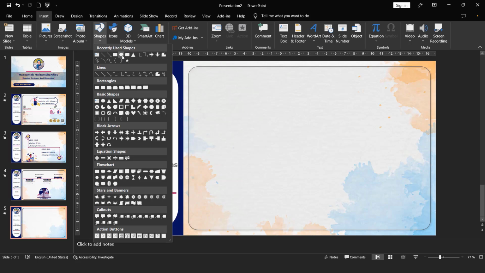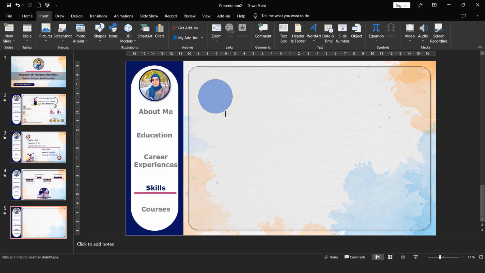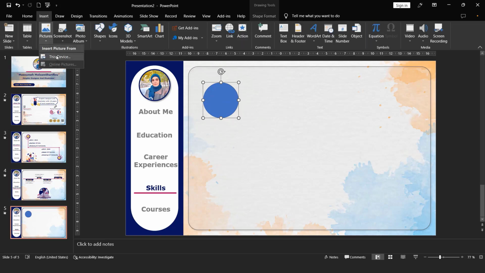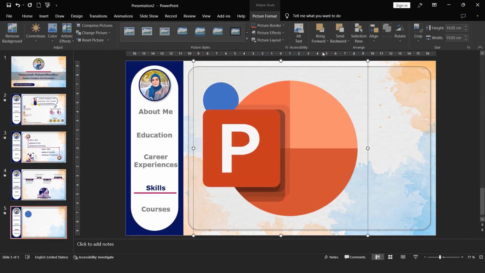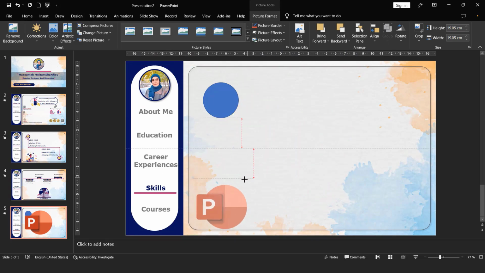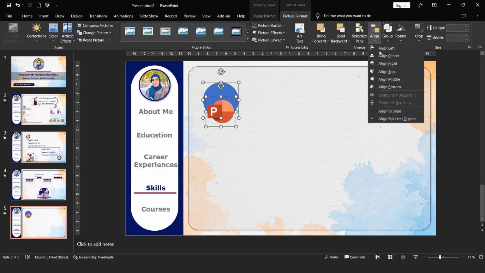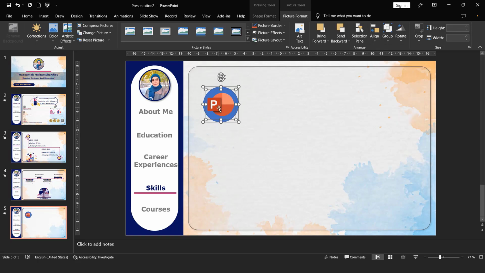PowerPoint shapes. First, I draw a circle shape using the Shift key and the option of Insert, Picture, and this device. I enter the logo of the software that I want to display the level of mastery. I make the size of the logo smaller and select both the logo and the circle shape. And with the help of the align center and align middle options, I place the logo exactly in the center